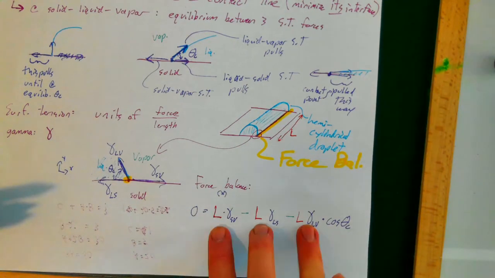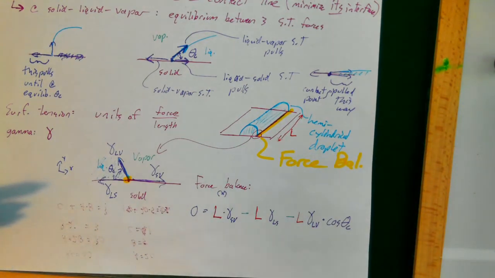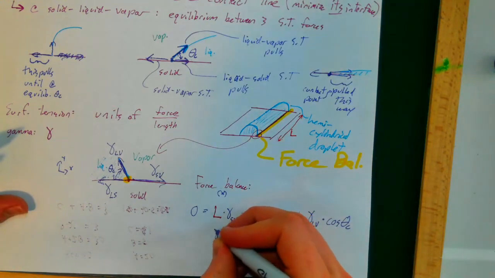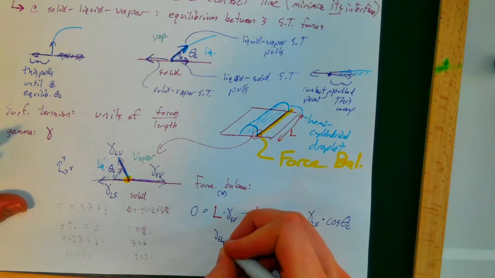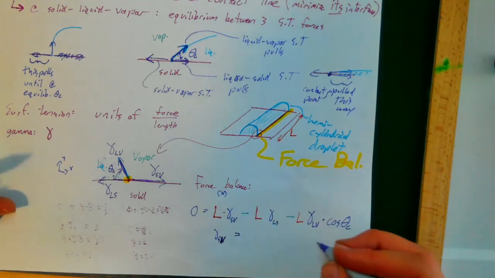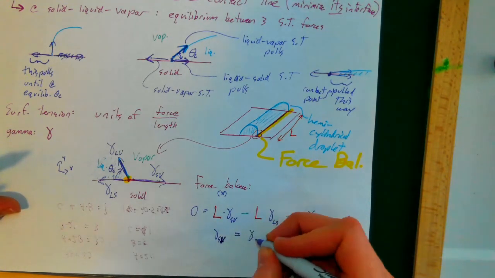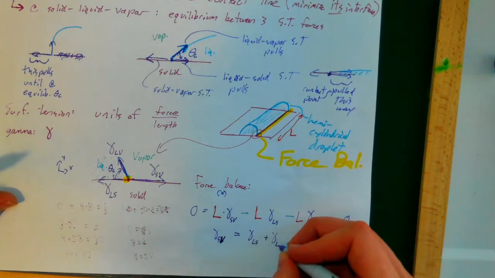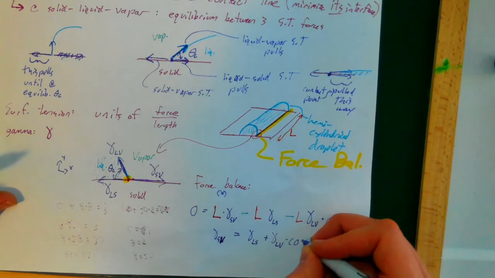If we notice, we can divide out L from all of them, and you can do a little rearranging if you want, but you can basically say the solid vapor surface tension ends up being equal to the liquid solid surface tension plus the liquid vapor surface tension times the cosine